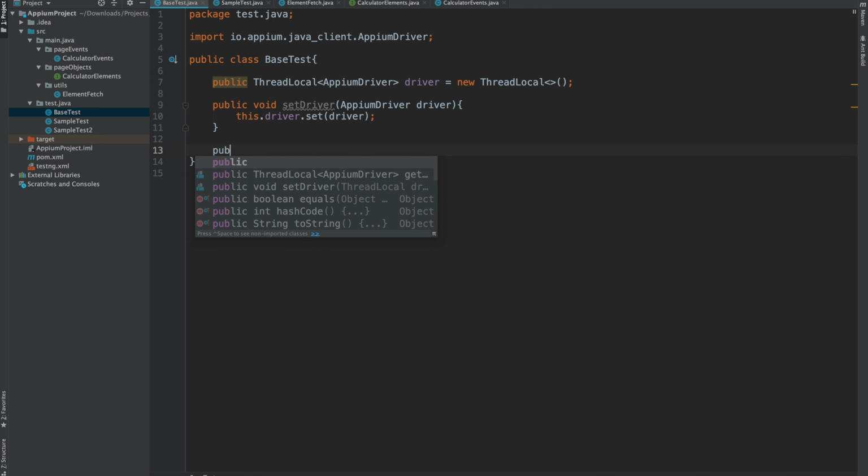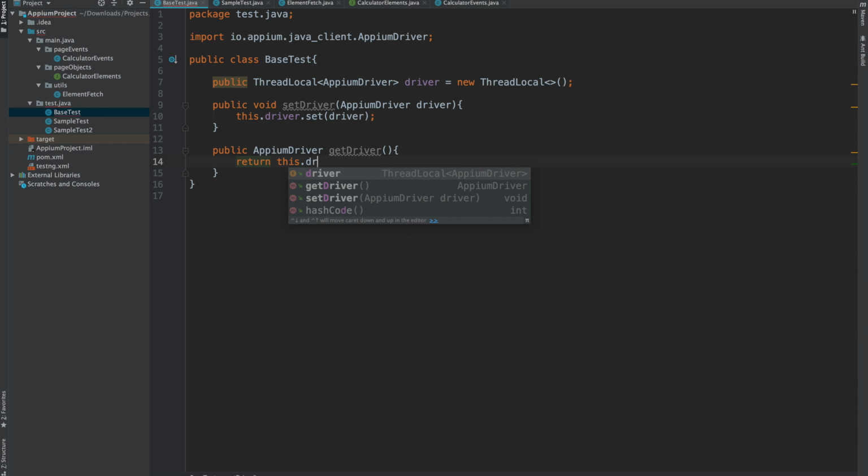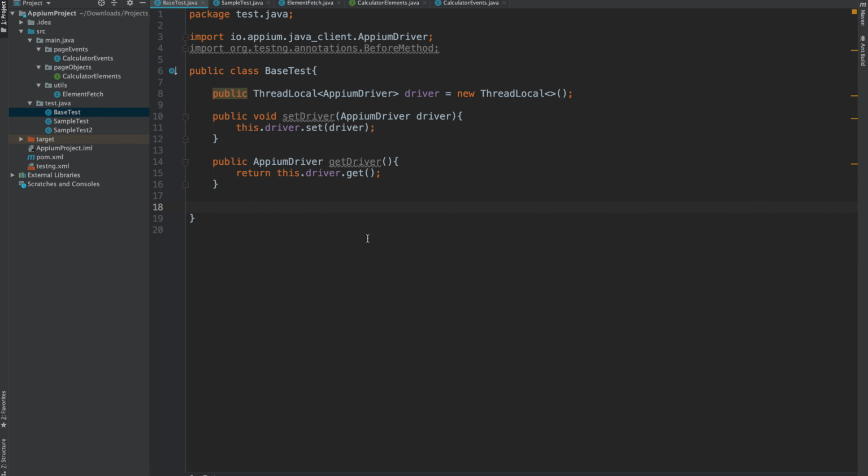And now we will be having the get driver method. So this will be returning the driver, return this dot driver dot get. That's it.